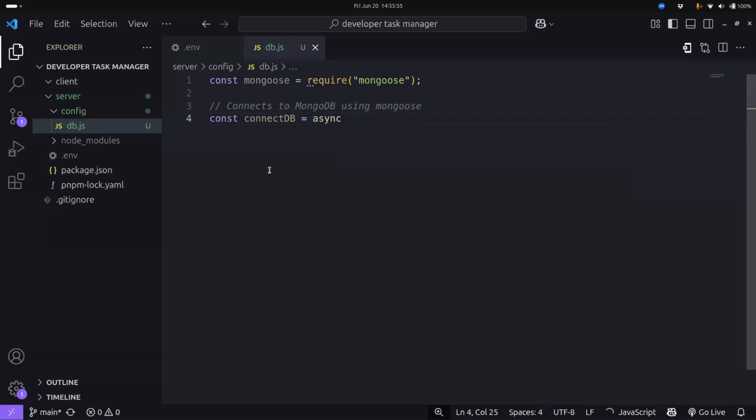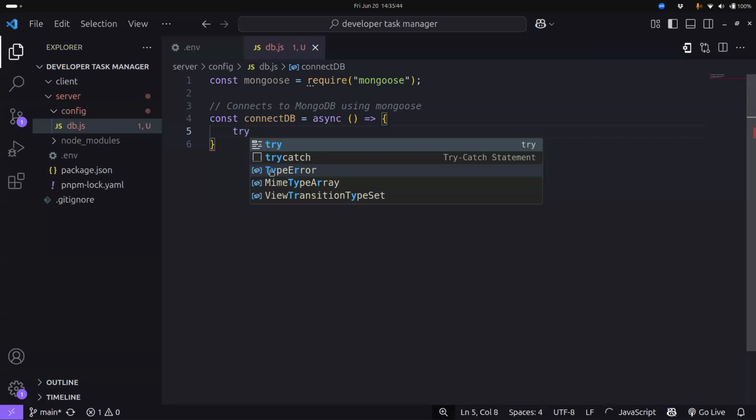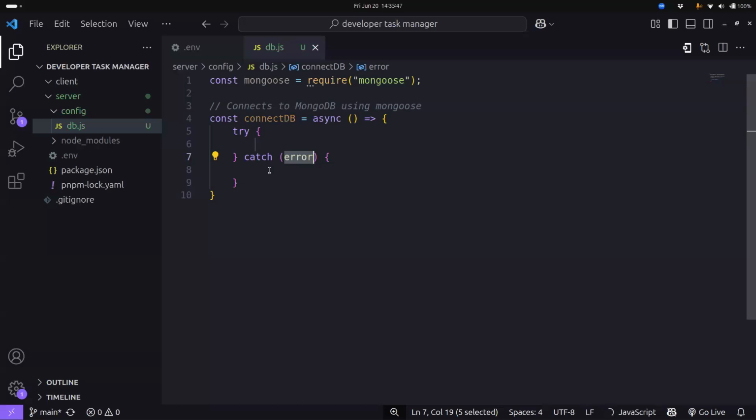This MongoDB connection is an asynchronous operation, so it should be handled the async way. We are going to use try catch. Remember, I'm always using try catch, and this time within the catch, I'm going to put a kill command such that if there's an error, the process is going to be stopped, so that you can come back and see where the issue is. Which means nothing is going to go on unless you resolve the issue. Now we proceed. So we come and say await